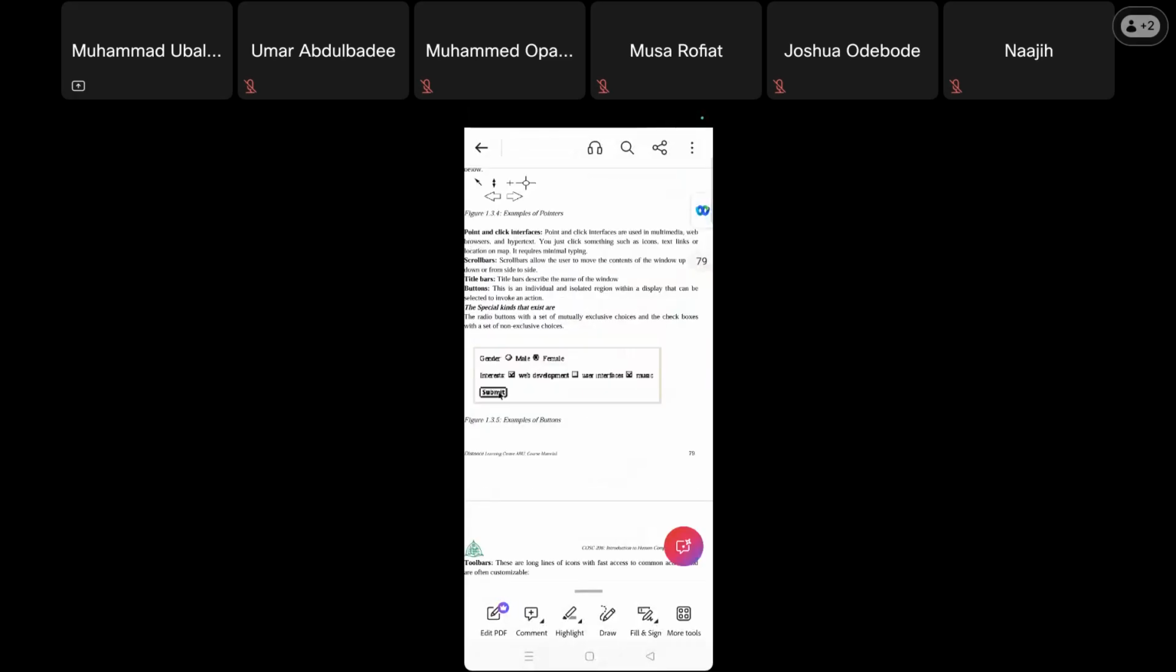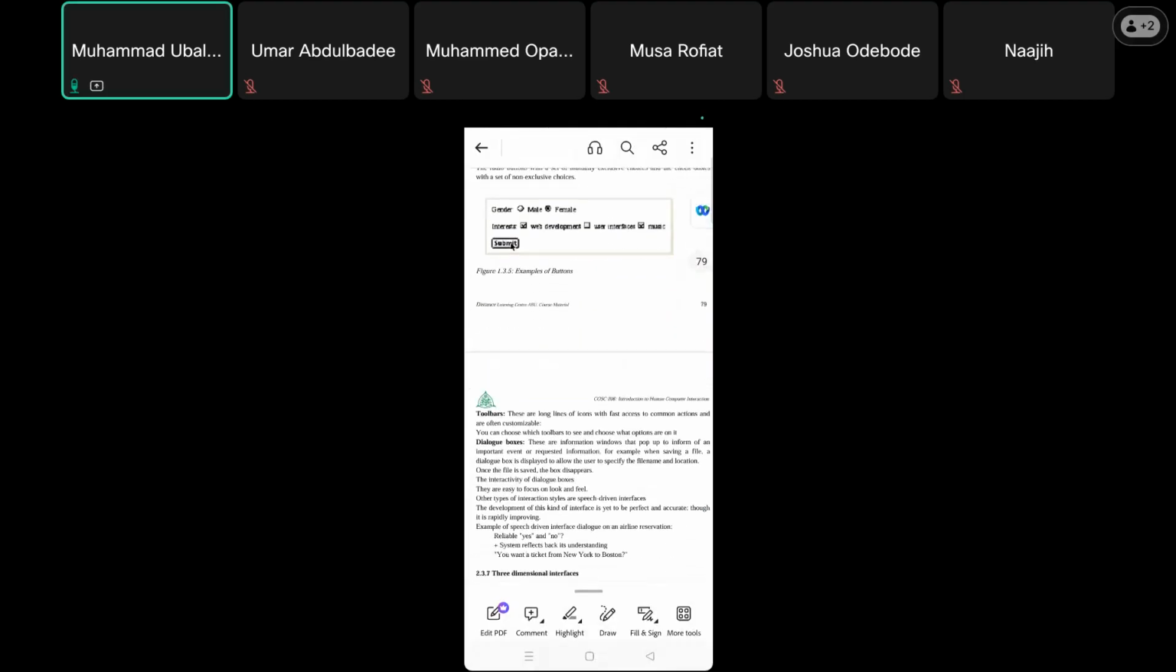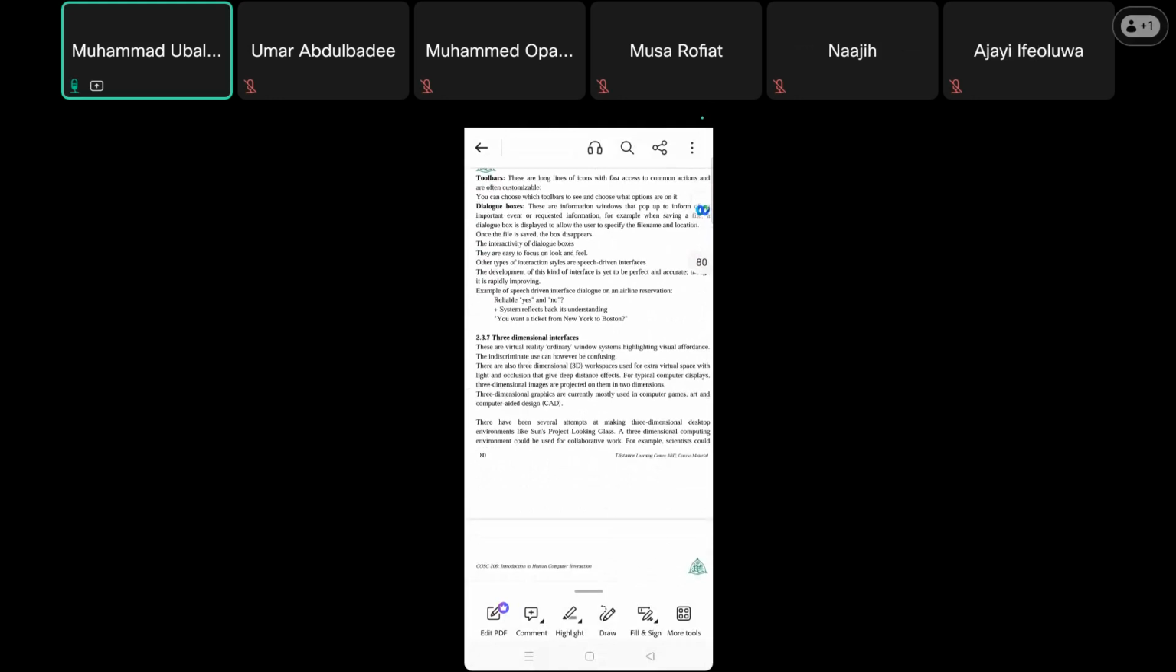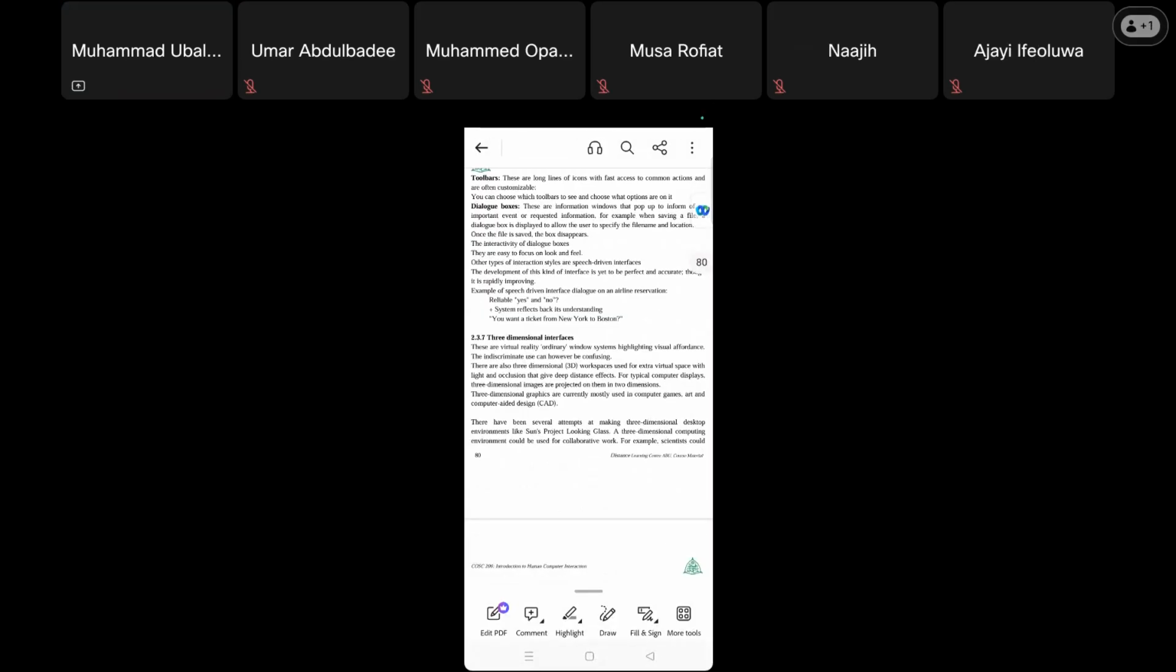So the next topic is the three-dimensional interface. Now, what is a three-dimensional interface? A three-dimensional interface, as we all know, is a type of interface that creates a 3D workspace that allows us to use systems that can view objects from three different angles. When we say three different angles, it means that we can see at least the left, the right, and the back, or probably the top. So that is called a